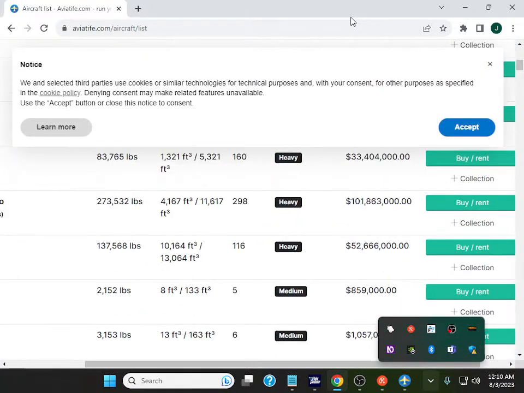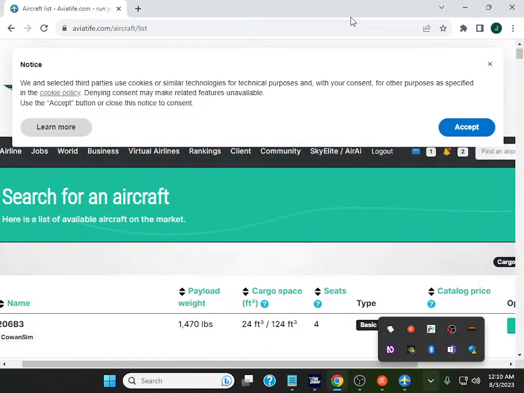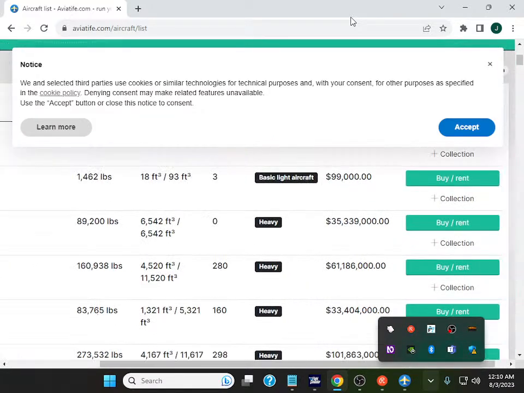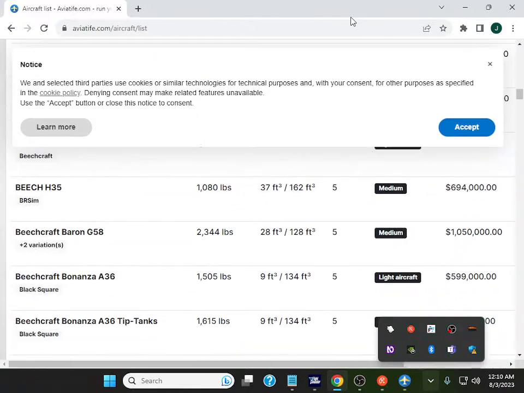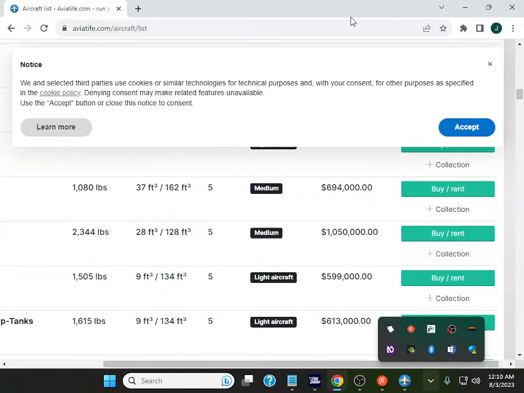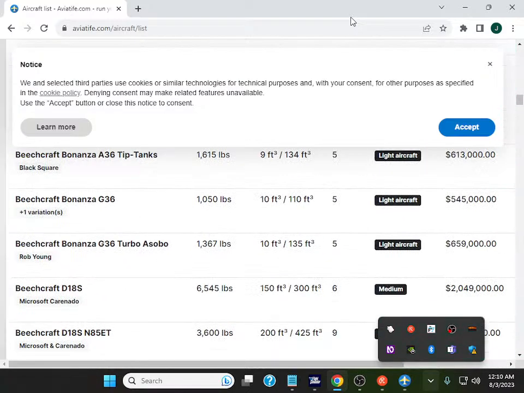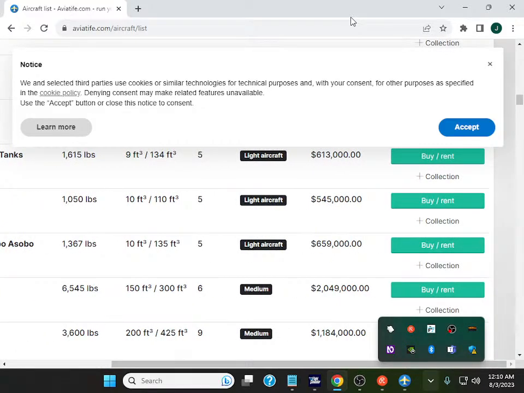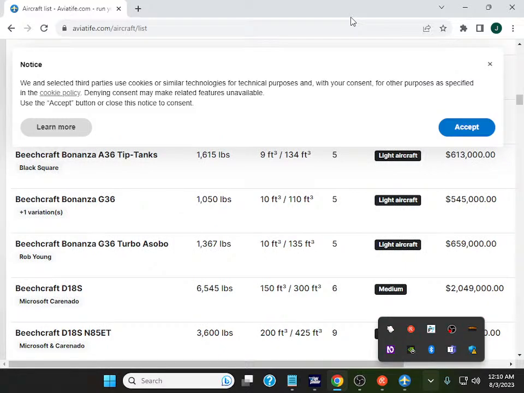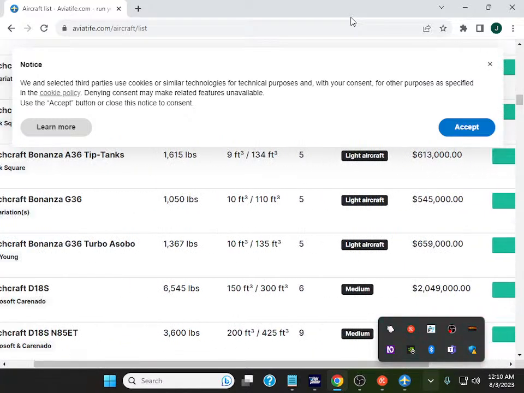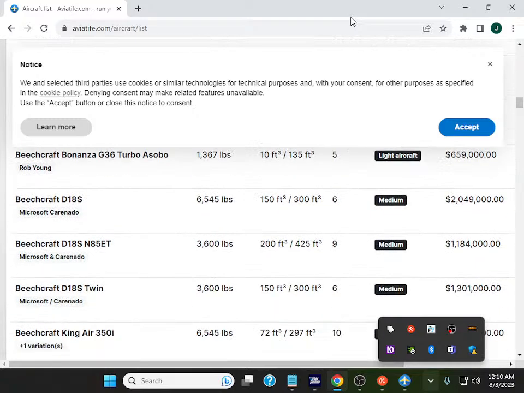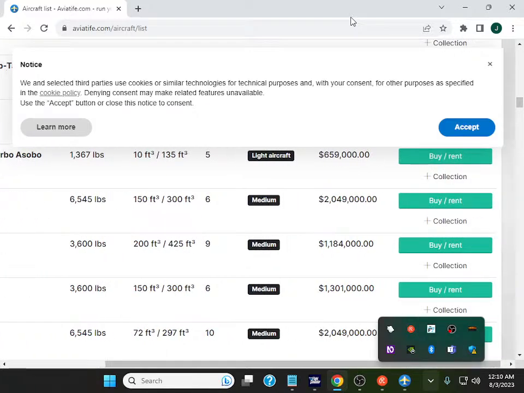graphic company gold search for an aircraft heading level here's a link card table column 5 type column 6 link graphics so column 7 options row 2 sortable name column 1 206 730 Airbus A3 Airbus rotor Sobo AT reserve policy 100 row 27 sortable name column 1 DR sim each craft Bonanza A36 Lex square row 29 rotor Lex sortable type sortable catalog price 2 column 6 options column 7 link by /link collection rotor 1 sortable name column 1 each craft Bonanza D36 plus 1 sortable type sortable option link rotor 2 sortable name Rob Young each craft Bonanza D36 Turbo Sobo Rob Young sortable type column 5 sortable catalog price options column 7 link collection rotor 3 sortable name column 1 each craft D18s Microsoft sortable type sortable options column 7 link collection rotor 4 sortable name column 1 each craft D18s and 85 ET Microsoft sortable type sortable options column 7 link collection rotor 5 sortable name column 1 each craft D18s twin Microsoft sortable type sortable options column 7 link collection rotor 6 sortable name